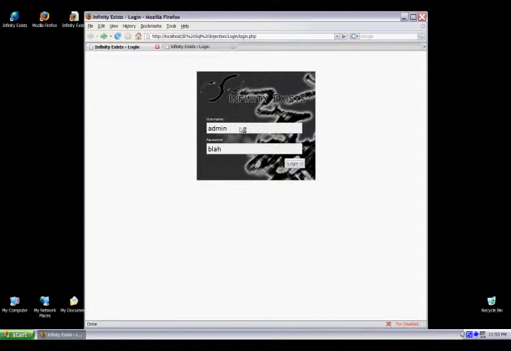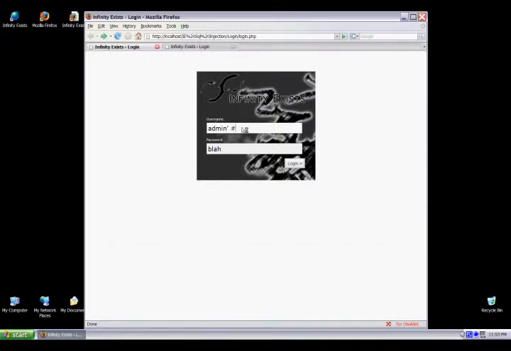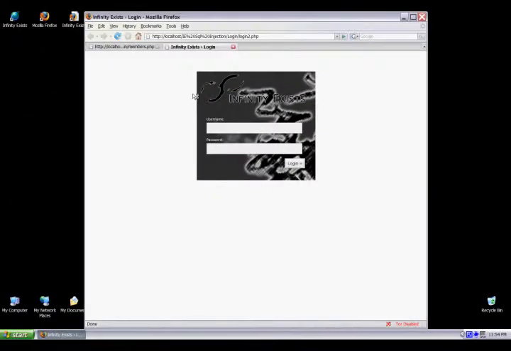Alright, for this first bypass method, we're basically going to comment out the password. It just checks the username against the database, and the username will obviously be there. These are comment symbols used: the pound symbol or 2 dashes. We're going to use the pound symbol here. As you can see, it just comments out the password. This is what the statement will look like server side. So as it goes into the database, the password is commented out, it checks the username, and